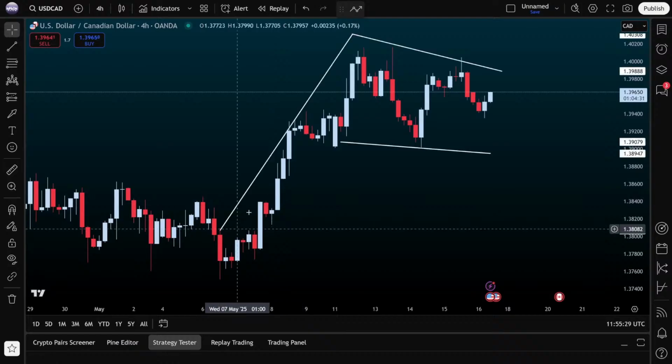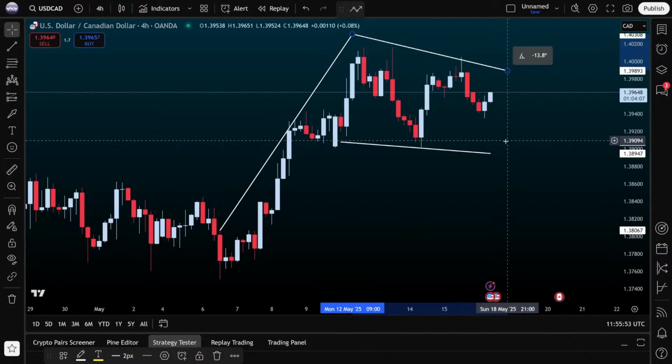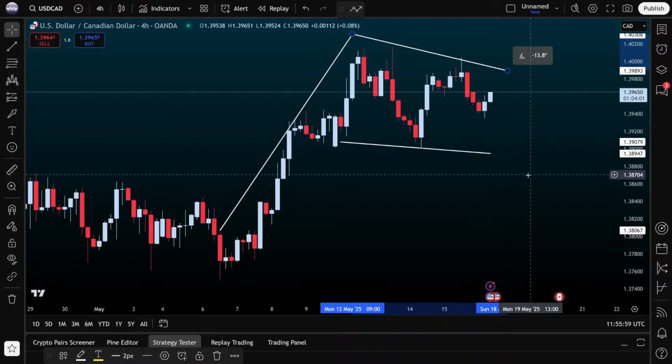So now I know if the price breaks out on the top line of the flag, that's a very good confirmation that this upward move is going to continue, and that's a very good idea to get into a trade over there. It's as simple as that. I'm not talking rocket science here. All right. So now, if price breaks below, that means there is a possible reversal in this, so I may want to look at a short trade